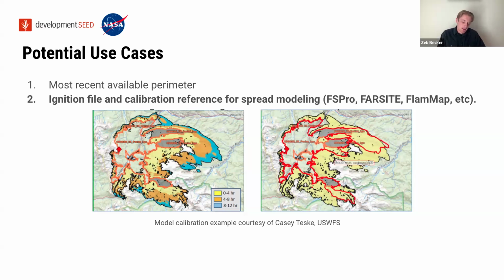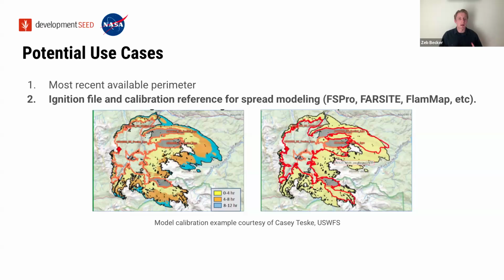So these models are really, really complex. From the outside, talking to these analysts and watching over their shoulders as they do this, it's been quite intimidating just how many things you need to understand and how many knobs there are to turn, as I like to say, to calibrate these models. That's everything from choosing the specific RAWS weather station that you're going to get your weather stream from, to fine-tuning the fuel models, making adjustments to ERC classes, choosing between different spotting models. There's genuinely an uncalculable number of permutations that you can do. So it takes quite a bit of expertise for them to calibrate their models.